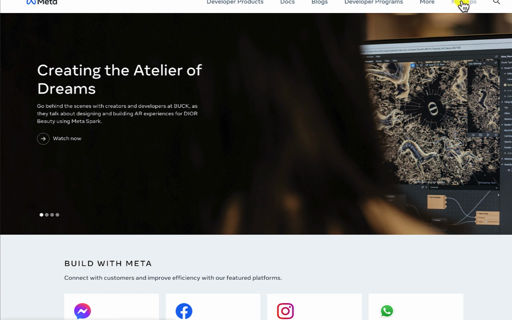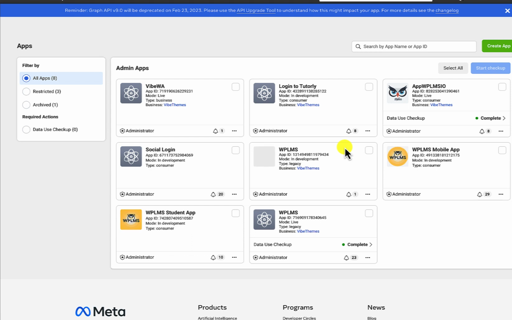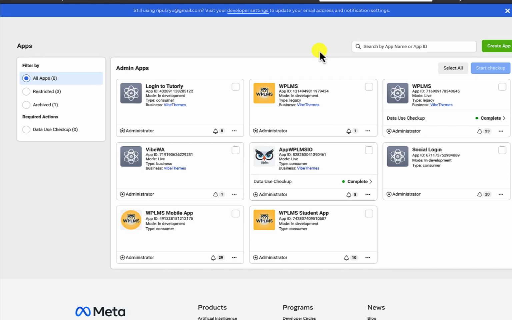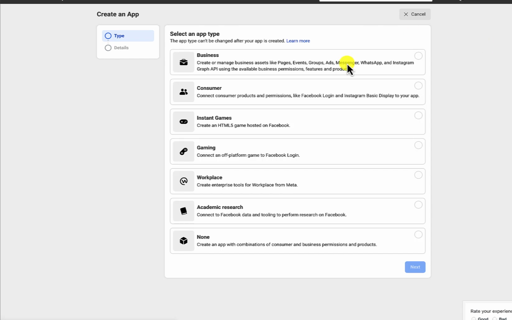So we go to my apps, and if you have any existing app, I recommend that you edit that app and enable the WhatsApp settings. Otherwise, you can create a new app. So for this, I'm going to create a new app. And here, make sure you select business, because all the other apps won't show the option to connect a WhatsApp account. So here, if we select business,